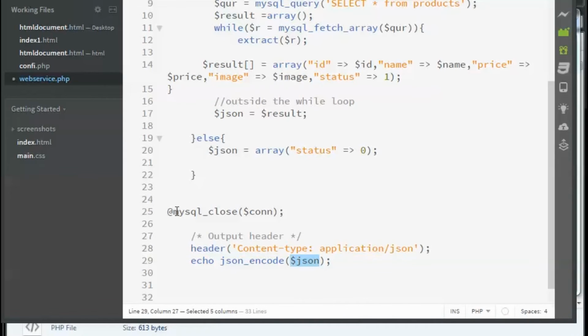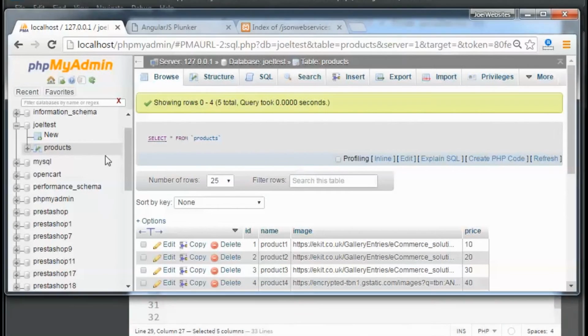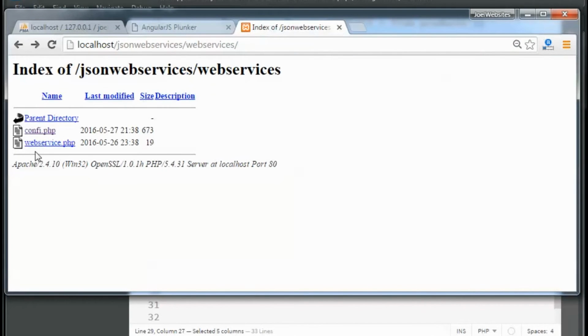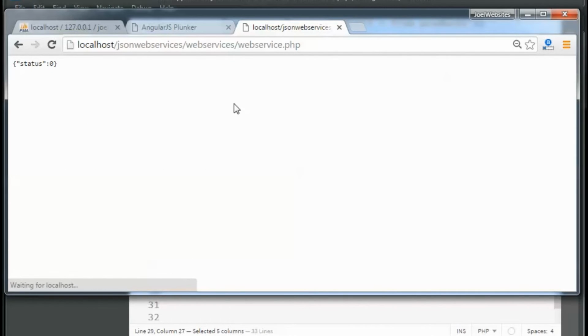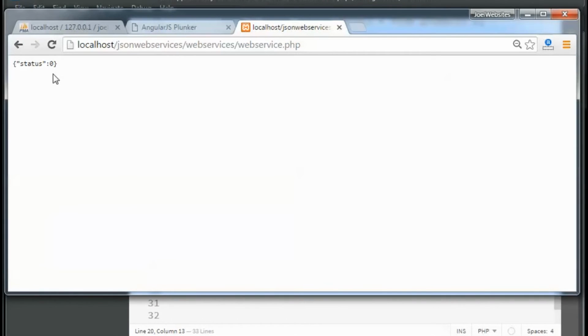Okay, so I'm going to save this file, and now let's see what happens when we try to run this page. So I'm opening my browser once again, and let me open the JSON web service file. We should get UID status equal to 0, right? So just make sure you are putting the square brackets. Now I'll show you exactly what happens if you put the square brackets. Now you see there are two curly brackets.